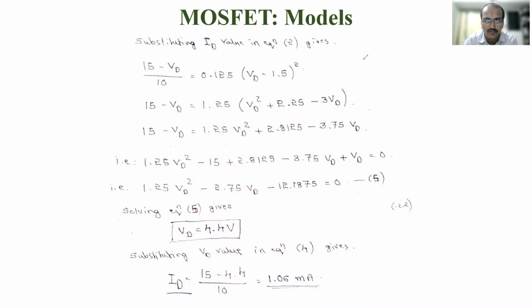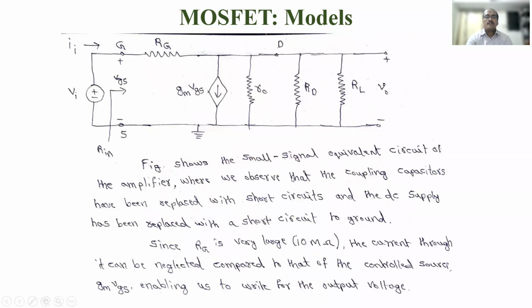So in small signal operation, what will come? The GM value, all right? Transconductance value will come, and then we'll find out the voltage gain, which is a required thing, right? So that we'll do. For that, we'll write the model first. So what is the model? So you know the MOSFET model. So the same circuit we'll be having.